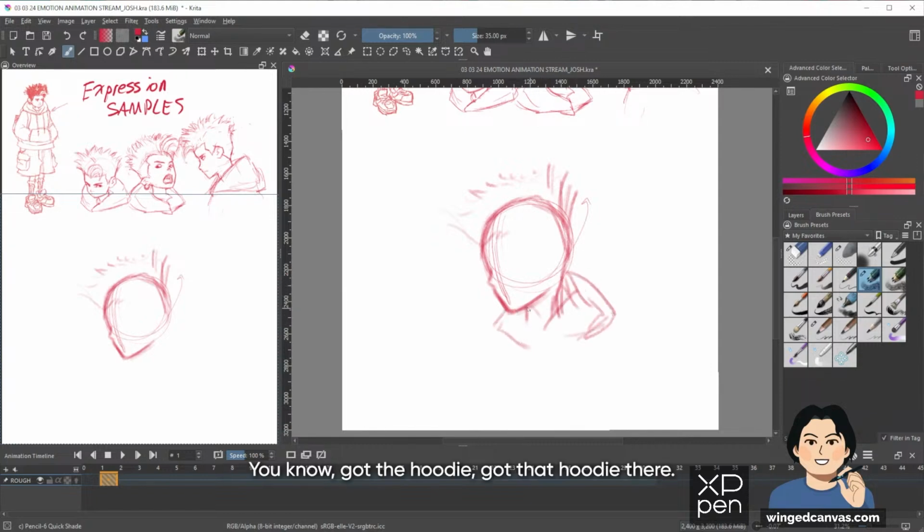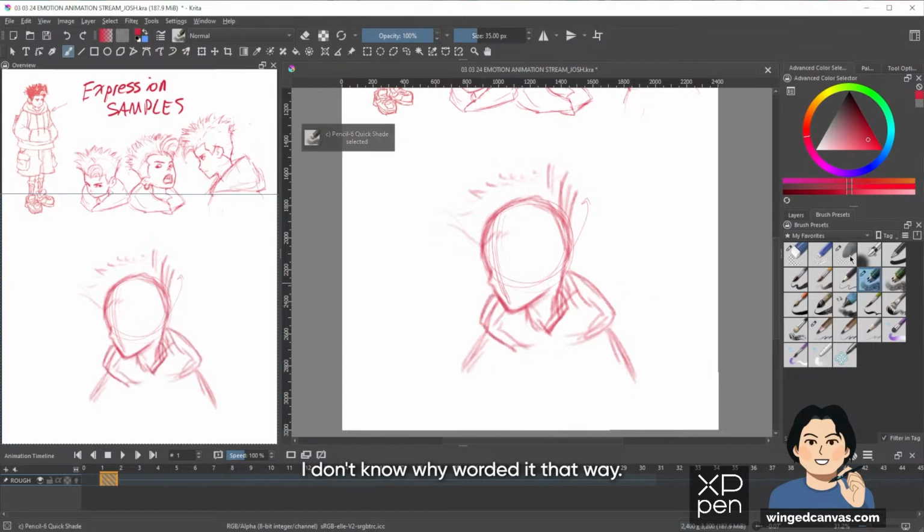We're gonna do a head turn where we gotta do the heroic shot here. Got the hoodie there, looking very, you know, like he just conquered some ghosts. He's looking off to the side a little bit. The head is turned. We're just gonna map out roughly what the head motion is going to be.